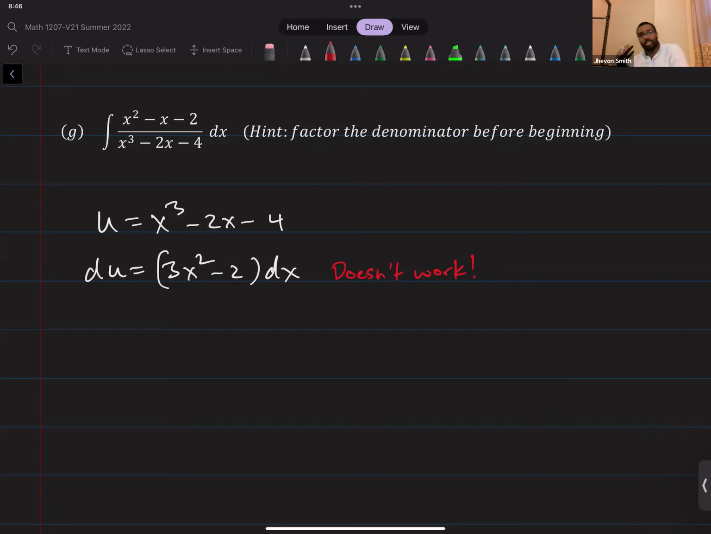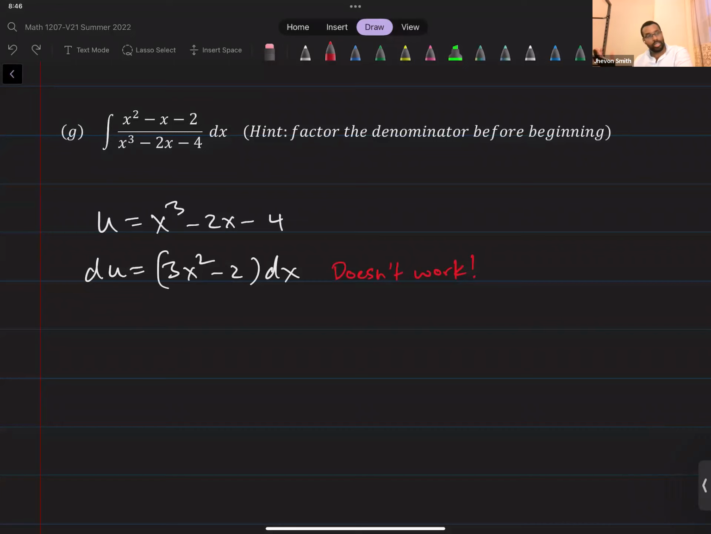So at this point, you think of other things. By parts, forget it. Trig sub, no, it doesn't work. It's a cubic in the denominator. So this would kind of be at a loss, except I did give you a hint: factor the denominator before starting. So now you're in a situation where I have to remind you how to factor a cubic that's not